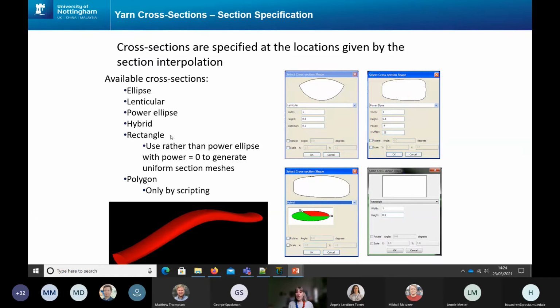There's a hybrid shape where you can split the shape into different sections and specify a different shape for each one. So in this case, I think we've got an ellipse specified in this red section and a power ellipse for this other section. So if you've got sort of a slightly weird shape, but you can see how you would make that up, you can use the hybrid to set that up. There's a rectangle section,